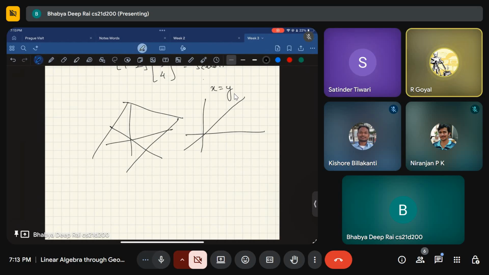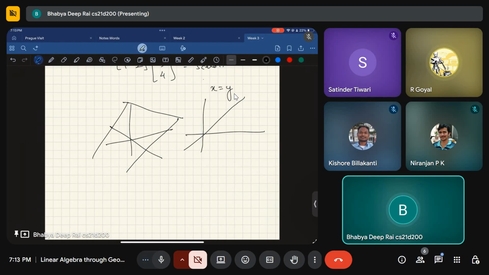Exactly. So, Satinder's point here is that the transpose of a matrix is like a reflection of the values, say along y equals x. You want to transpose xy into yx, okay, it becomes a collection of one-dimensional entities. You can't represent it in terms of points. But what you can do is, in the case of the transpose, in the case of matrices, which are matrices of this form.